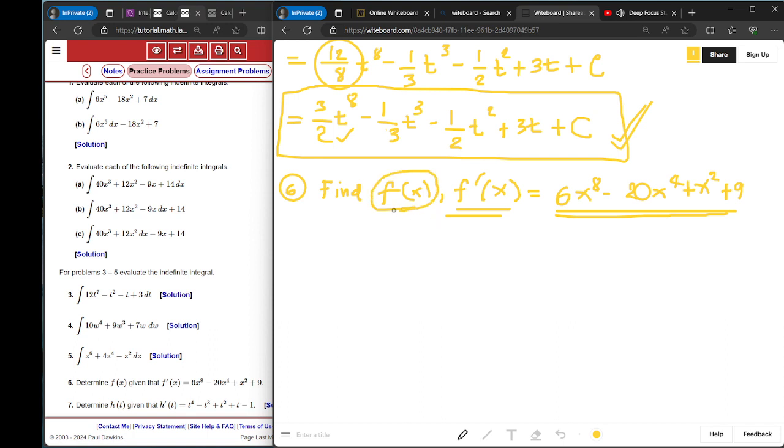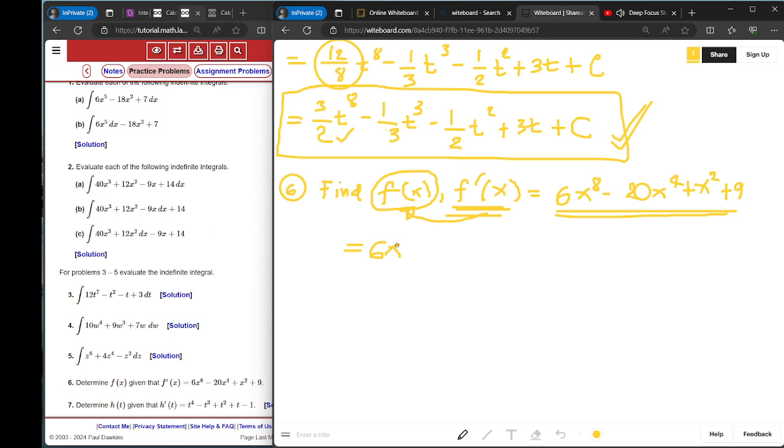Since we need to find f of x, if this one is the derivative, then the opposite of the derivative that we can use to find f of x is integration. Because f prime of x is the differentiation of f of x. On the other hand, or in reverse, f of x is the integration of f prime of x. So which means this can be rewritten as